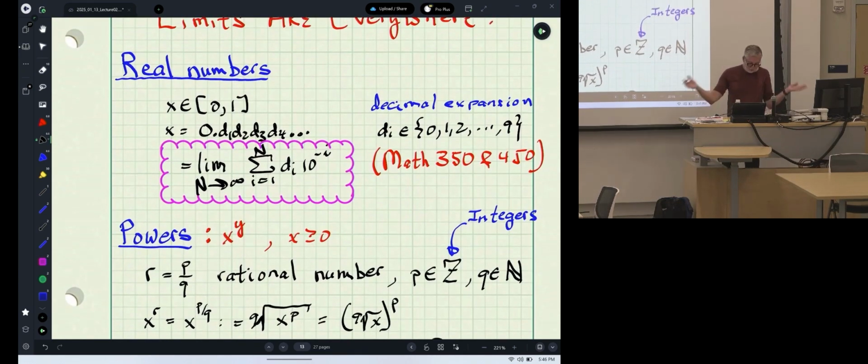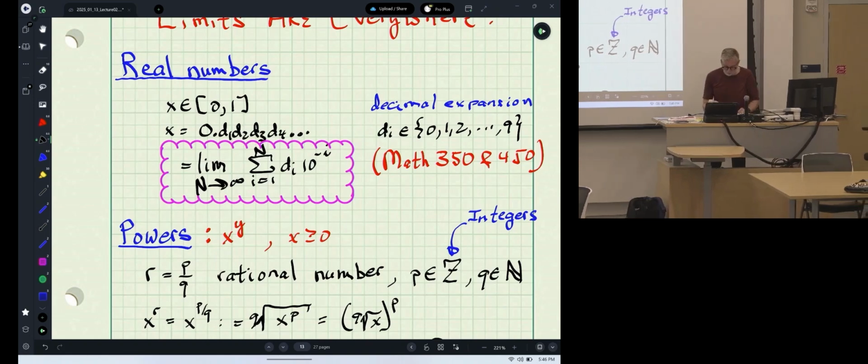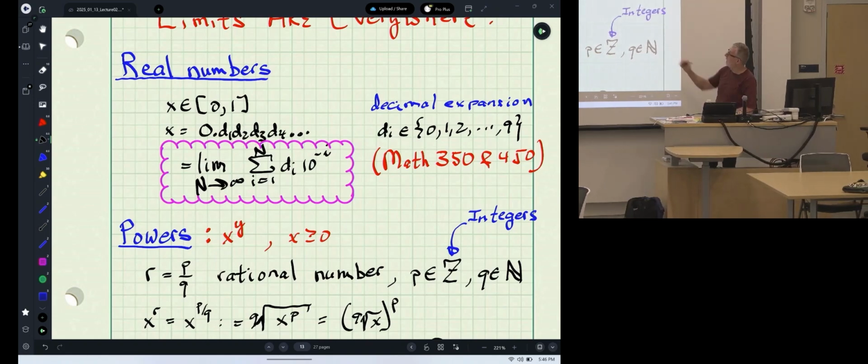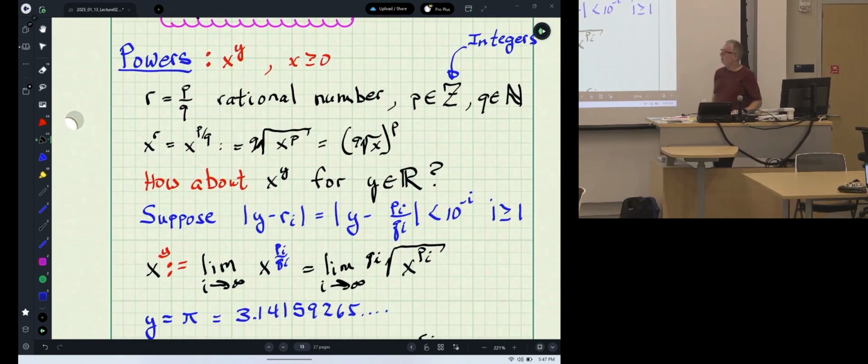Okay, so limits: when you're dealing with real numbers, you're really dealing with limits of rational numbers. For every finite n, the 0 point d1, d2, d3, d4, ... stopping at dn, that's just a rational number. And all of the numbers, the irrational ones, are then obtained from taking limits as n goes to infinity. So that's how you build the real numbers from scratch. And this is done, once again, in Math 350 and 450. I alluded to this